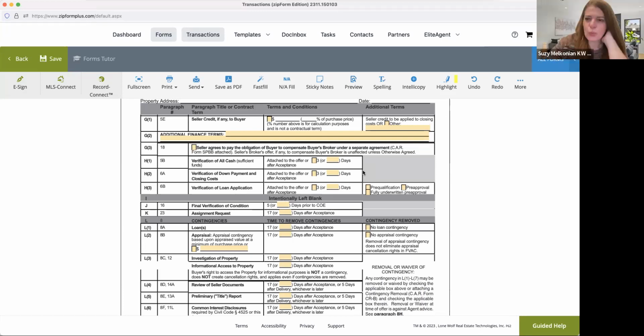So Rich, what if it's more and my buyer's still willing to pay the difference? What if the appraised value is 500 and $50,000 is the difference? Then if your buyers are willing to proceed, then they're willing to proceed. But this is the buyer's out. If it appraised for less than the amount that they've agreed to, then they have an out. If they still want to proceed, they can proceed. That's up to them.